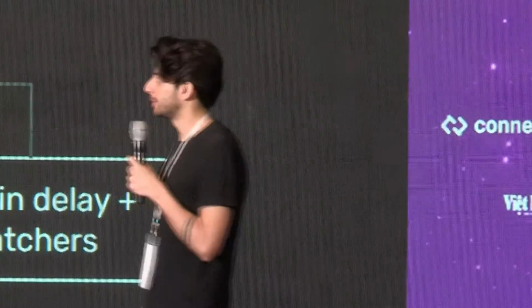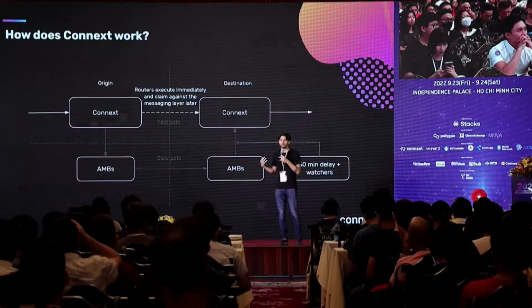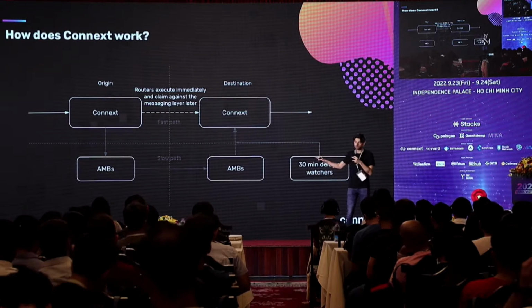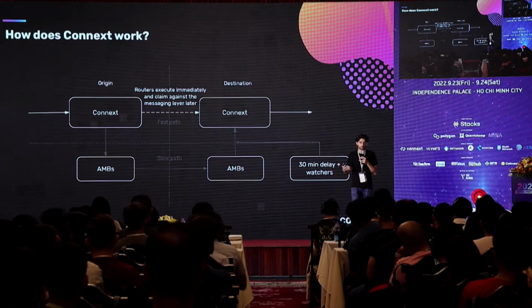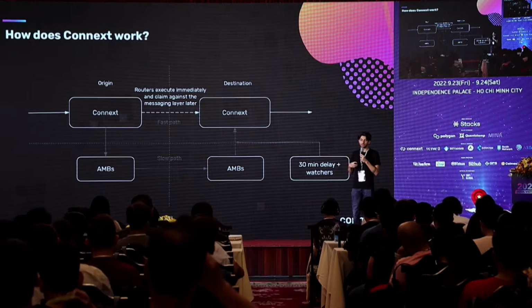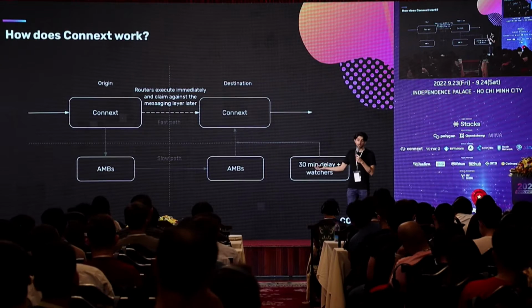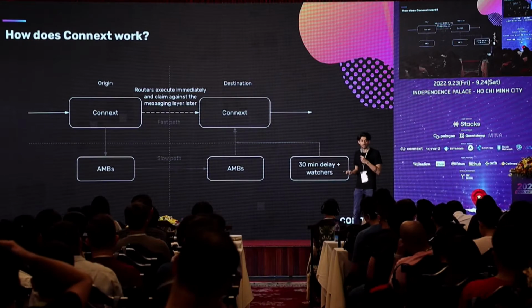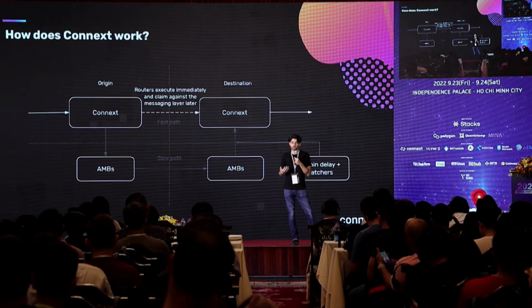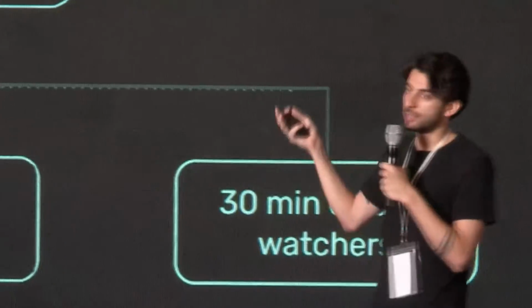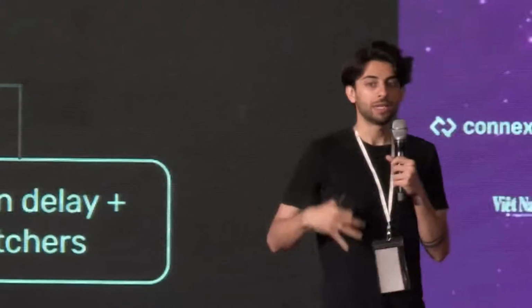So what is Connext and how does it work? Connext is a mechanism to communicate across blockchains. The way that we minimize risk is that we try to use existing bridges as much as possible. We try to use AMBs, which are arbitrary messaging bridges, that exist within a given ecosystem. So for example, the Polygon POS bridge is an AMB. The Gnosis chain bridge is an AMB. But this also includes things like the rollup bridges, so the bridge to get into and out of Optimism and Arbitrum. By using those existing pieces of infrastructure, we're limiting the additional risk that a user has to take on as part of interacting across chains.